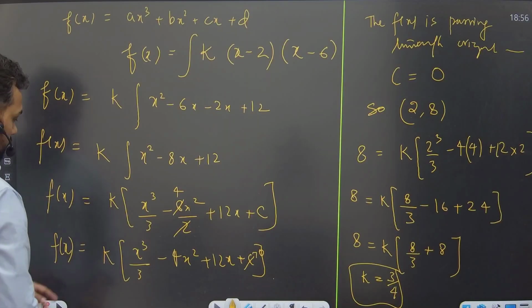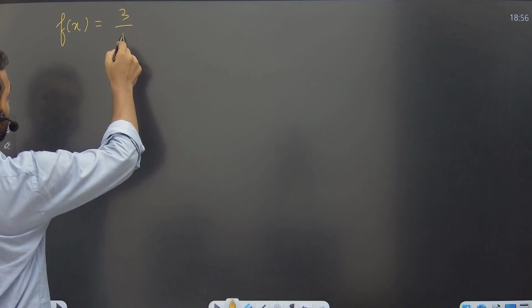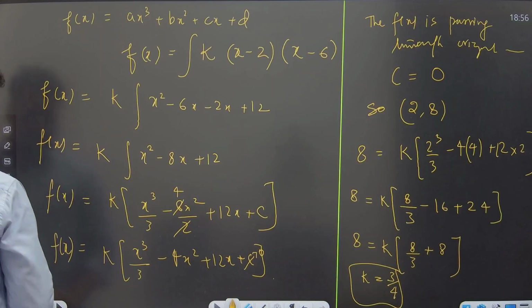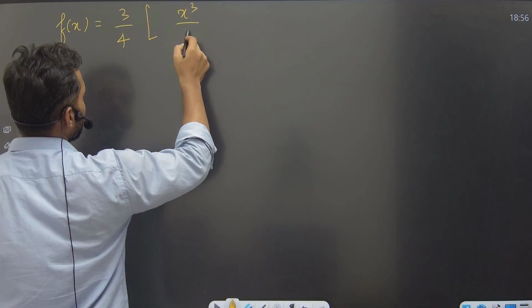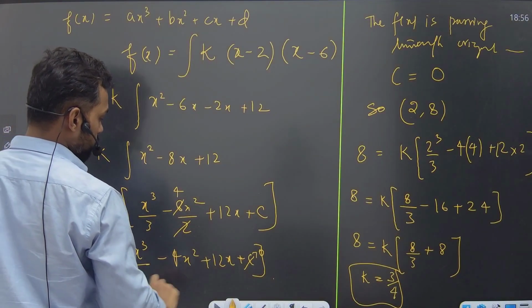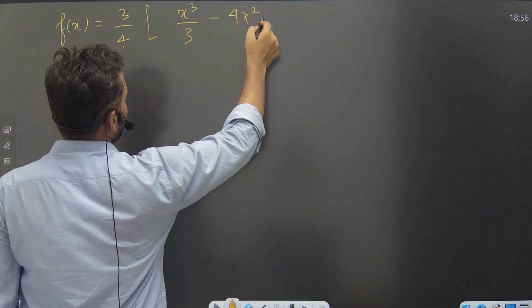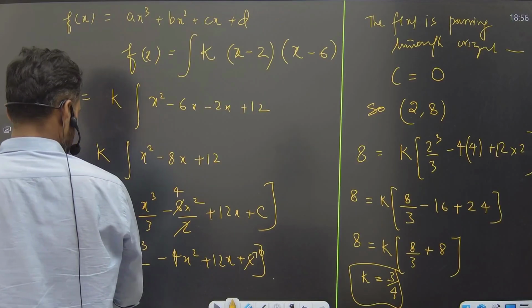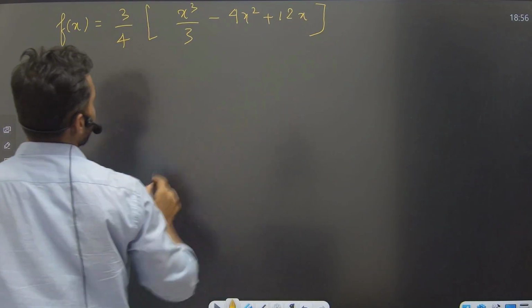Let's see. The function which we have got is equal to k times, so it will be 3 by 4 times (x cube by 3 negative of 4x square plus of 12x). Okay,